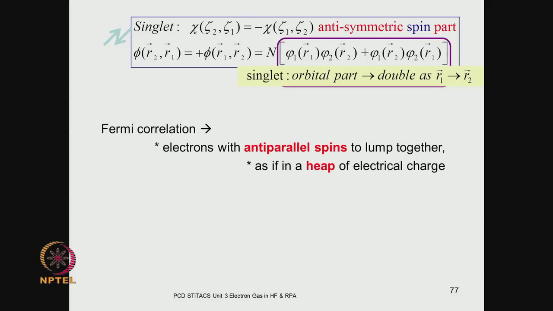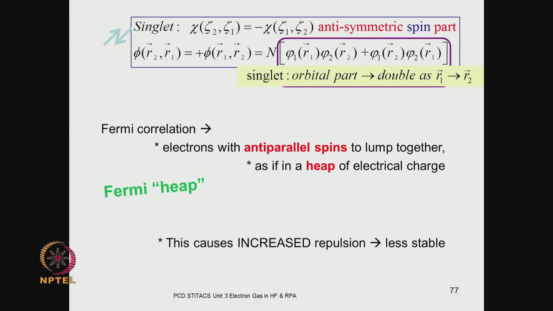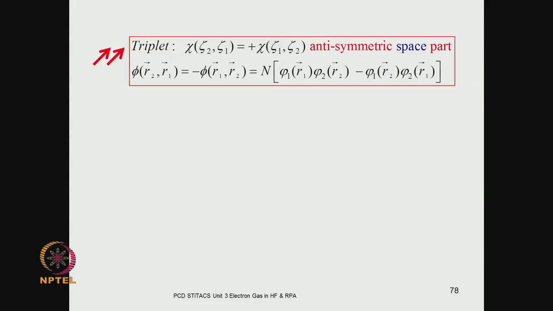This is actually called a Fermi heap, and what it will do is that in this heap the two electrons will get closer to each other, and as a result there will be increased repulsion, okay, because the closer they get, the force of repulsion goes as 1 over r squared. So there will be increased repulsion, and that will make this state less stable. So that is the reason it has higher energy, and correspondingly if you look at the triplet state, you